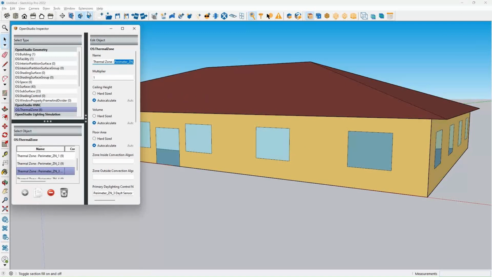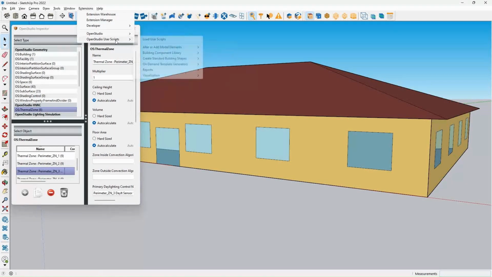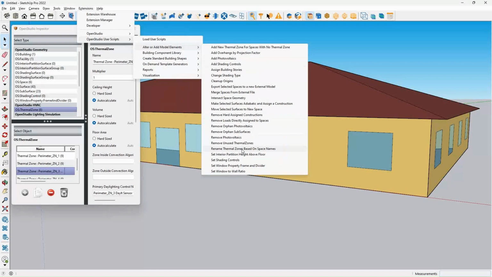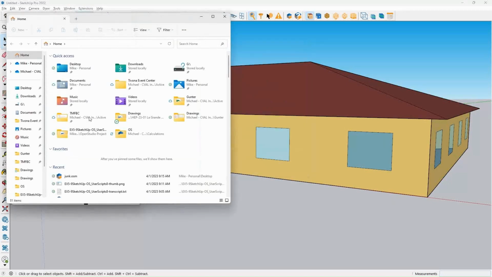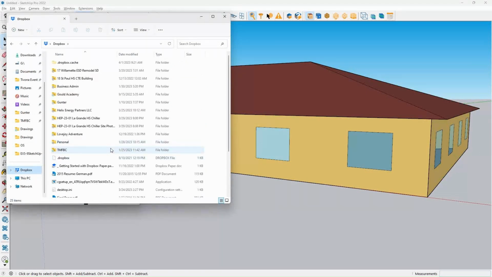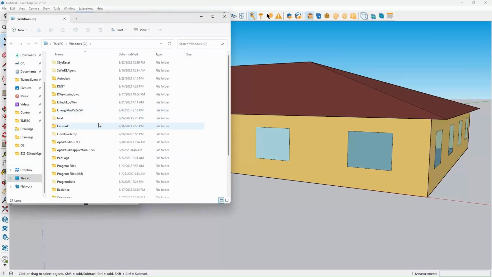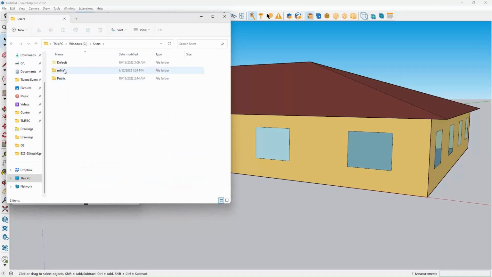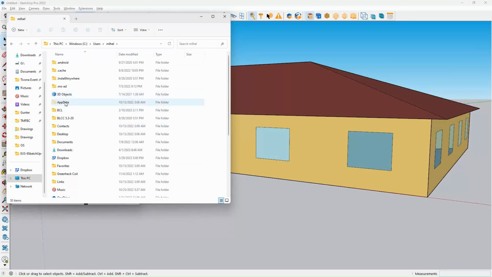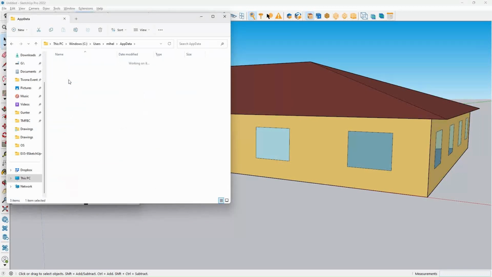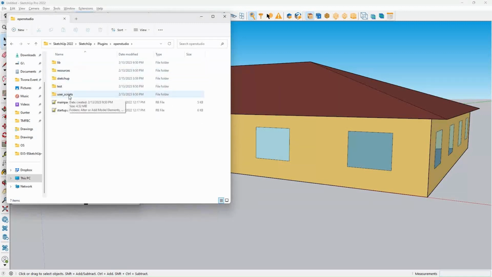So, how do you locate the Ruby file for this user script? What you need to do is go to your computer, your hard drive, and then you would go to Users, your username, and then AppData, Roaming, and we'll search for SketchUp and the SketchUp version that you're using. SketchUp again, Plugins, OpenStudio, and then we can go to User Scripts,